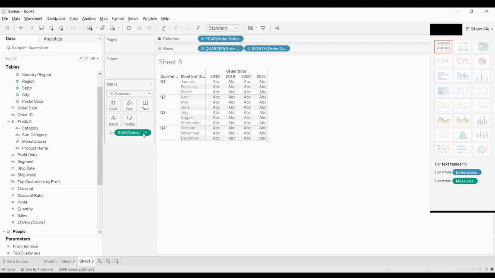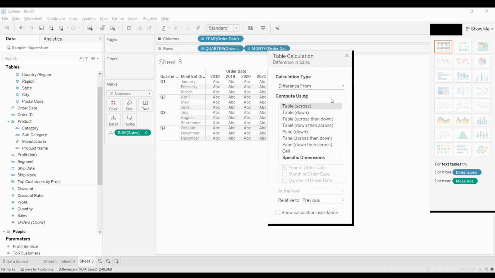Click on this drop down which is available in the marks card, and now you can see that the add table calculation option is available. Click on add table calculation. Now you can find various options: table across, table down, table across then down, table down then across. Likewise you have various options. Click on any option and